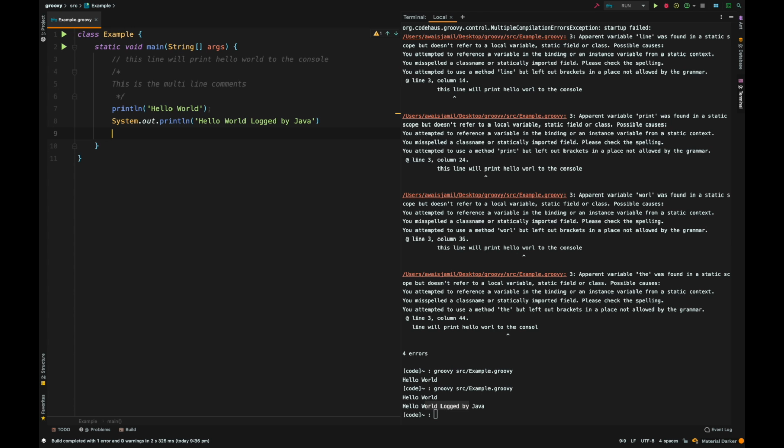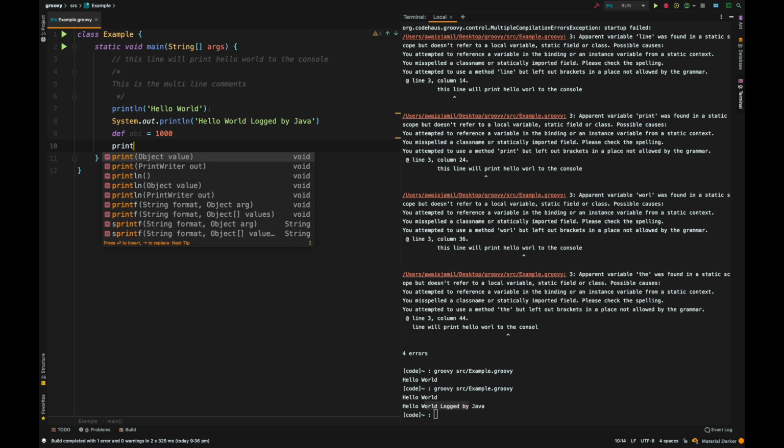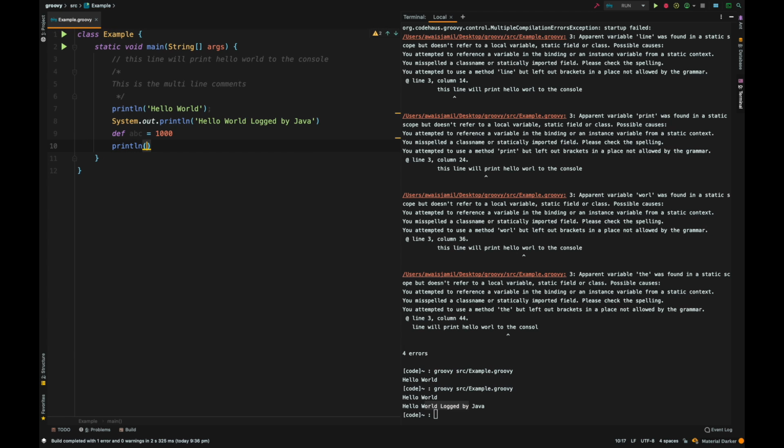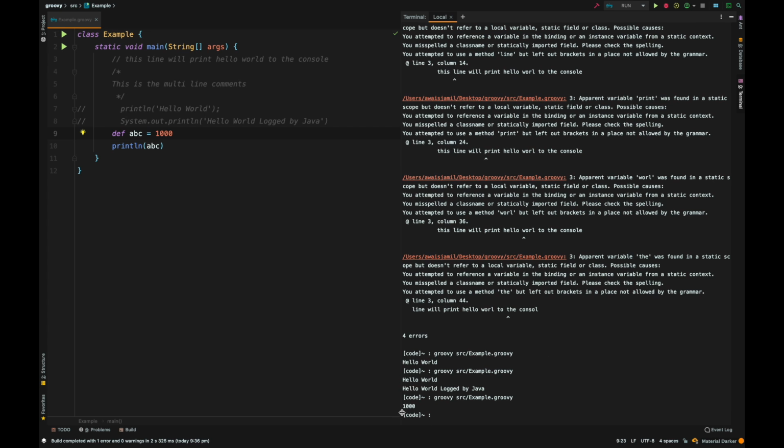It's very simple. All you've got to do is just use the keyword def and then a space and then the name of the variable that you're trying to define. So I'm going to say ABC equal to, let's just say 1000. Doesn't really matter. Now if I do a println and I use ABC, save, and let me just comment these lines out. So in IntelliJ, if you press command / it will automatically comment that bit out for you. Now I'm going to run the code and we should be able to see 1000.